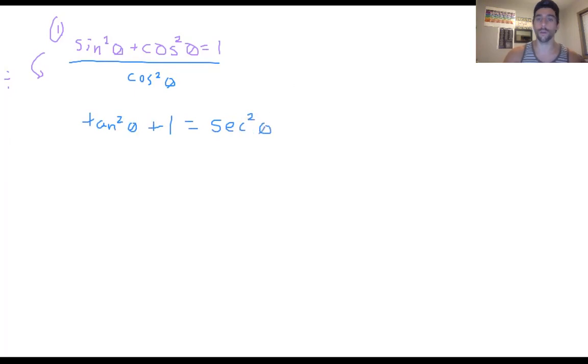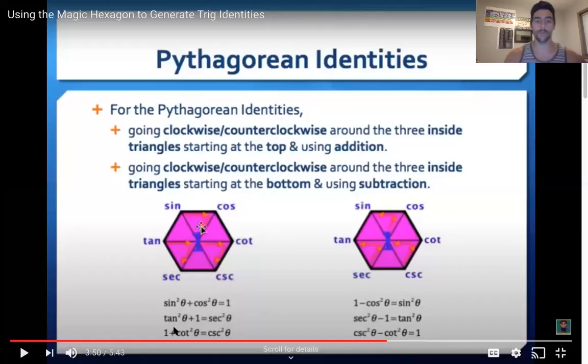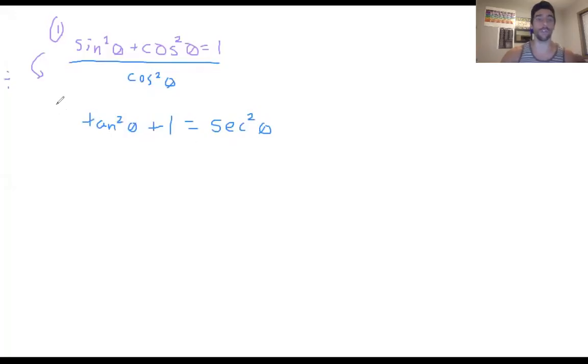theta. I'm going to pause real quick, just so you can see, back to the video. That was the first identity under sine squared plus cosine squared equals 1. It was tangent squared theta plus 1 equals secant squared theta. So I'm going to prove the rest of these really quickly, just so you can see where they come from. And then if you want to use the magic hexagon to find them in the future, you can do that. Or you can start with that basic Pythagorean identity and then just manipulate the equation until you find